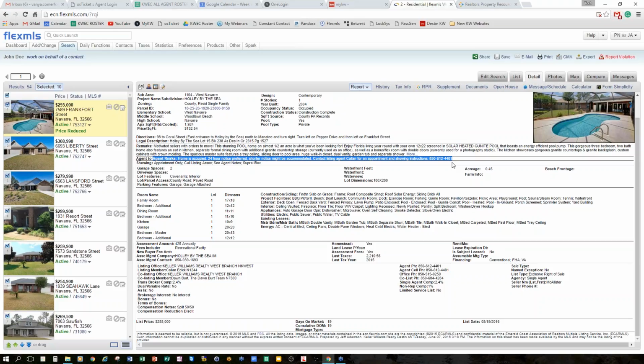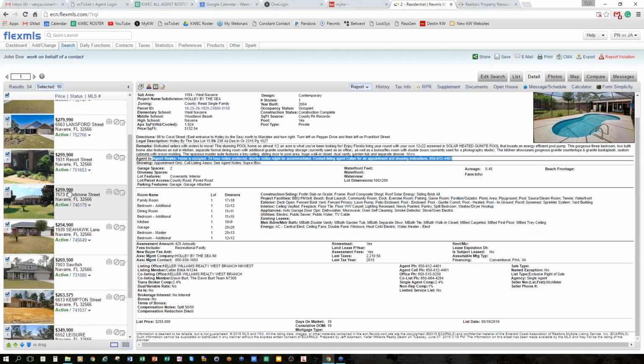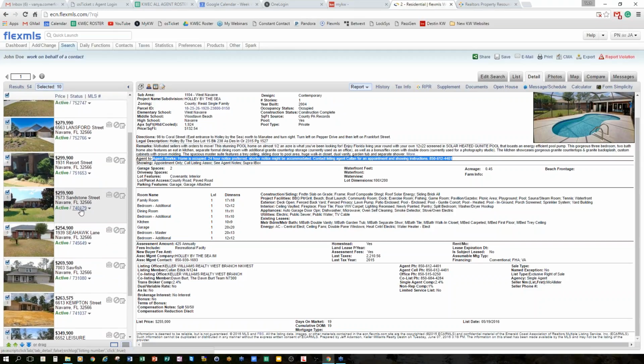So what I'm going to do is run a CMA. So let's pick one of those properties here to be our target property. For instance, we're going to pick this one over here, Sandstone. So the MLS number is